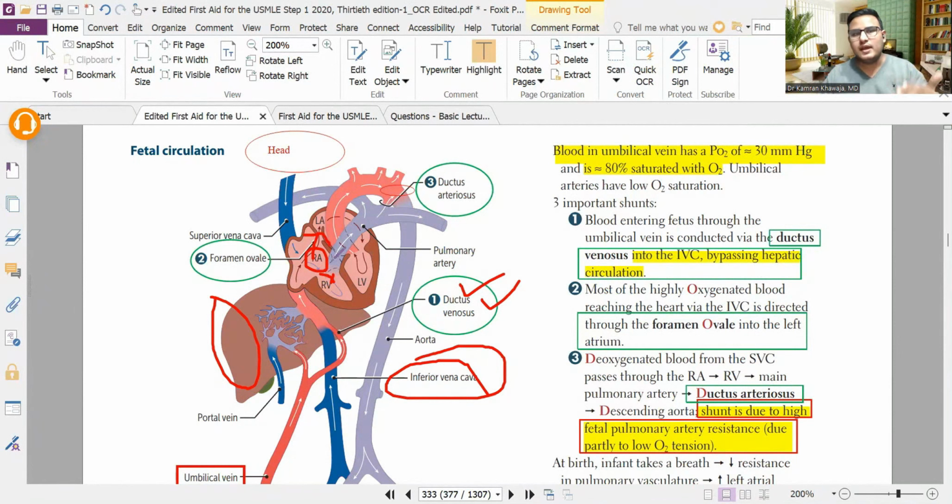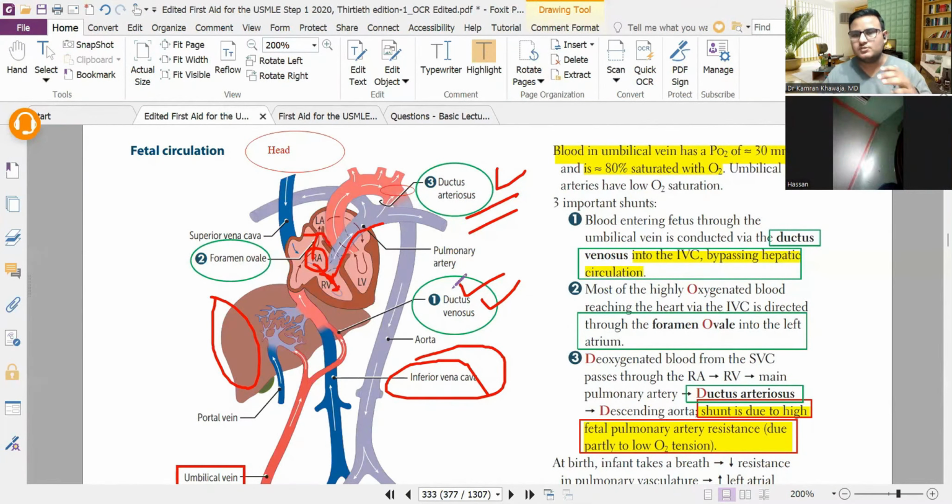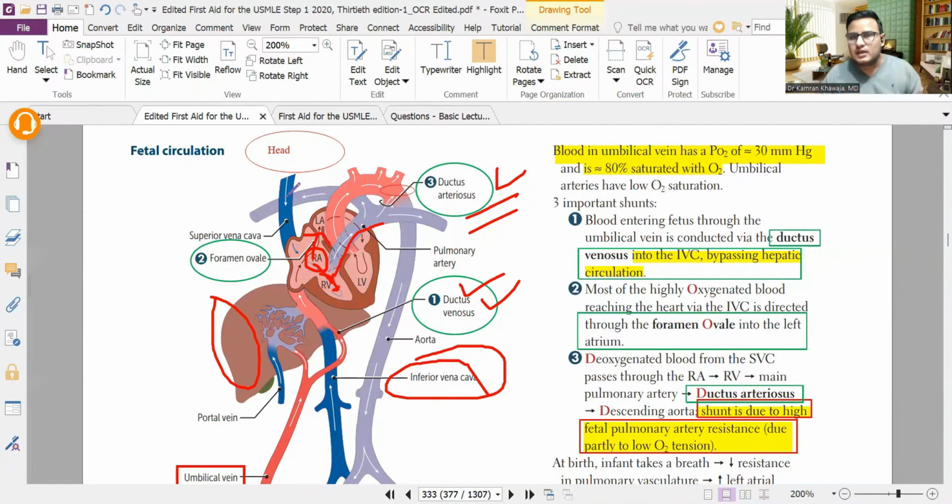जो ऊपर से सुपीरियर वेना केवा से डीऑक्सीजनेटेड ब्लड आता है वो राइट एट्रियम से राइट वेंट्रिकल डायरेक्ट जाता है और फिर राइट वेंट्रिकल से पल्मोनरी ट्रंक में जाएगा। अब यहाँ पे सवाल है कि पल्मोनरी तो डेवलपमेंट है ही नहीं बच्चे में, फीटस में, तो फिर क्या होगा? जो सुपीरियर वेना केवा से ब्लड आएगा वो राइट एट्रियम से राइट वेंट्रिकल जाएगा, फिर पल्मोनरी सिस्टम में जाएगा। जब पल्मोनरी सिस्टम में आगे कुछ है ही नहीं तो फिर कहाँ जाएगा? फिर वो ब्लड जाएगा डिसेंडिंग एओर्टा में थ्रू अ स्ट्रक्चर दैट इज कॉल्ड डक्टस आर्टेरियोसस। सो सुपीरियर वेना केवा का डीऑक्सीजनेटेड ब्लड राइट एट्रियम से राइट वेंट्रिकल टू पल्मोनरी ट्रंक टू डिसेंडिंग एओर्टा जाता है किस स्ट्रक्चर के जरिए? डक्टस आर्टेरियोसस के जरिए।